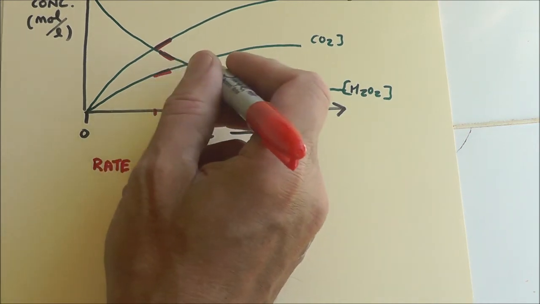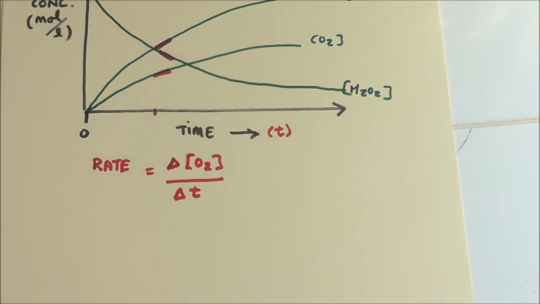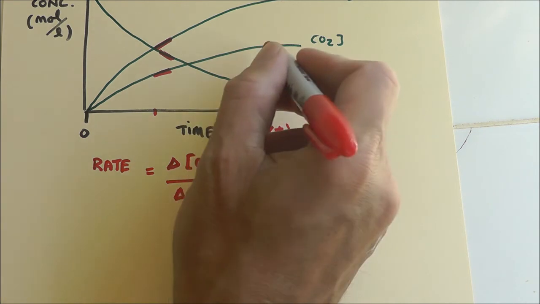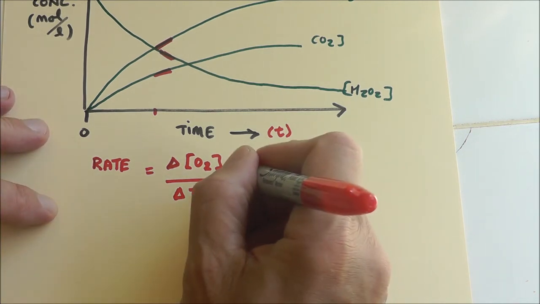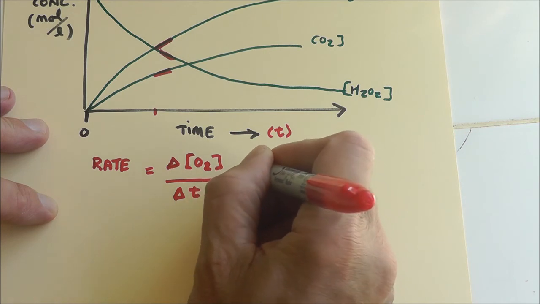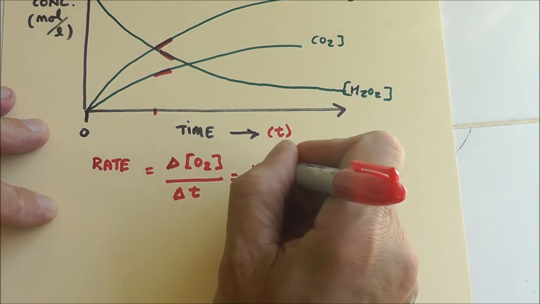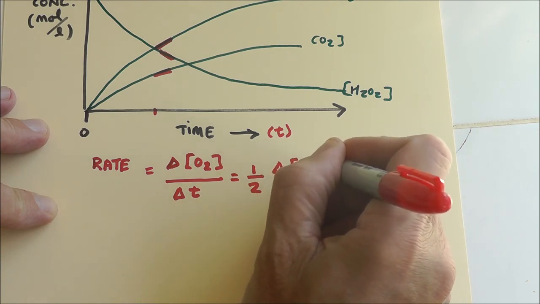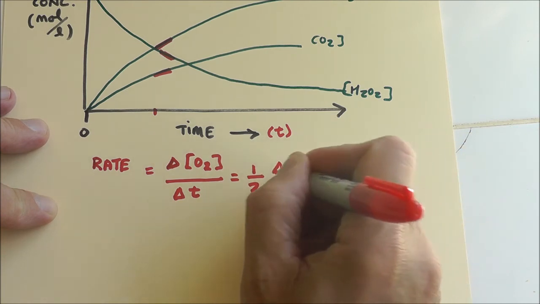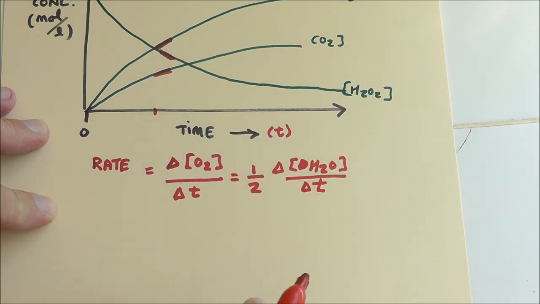If we knew what the slope was, we could say that's 0.1 moles per liter per minute. And then what is it over here? It slows down to 0.05 or something like that. So today we're just talking about the language of kinetics and how we're going to express these things. By the way, this would be 1/2 the change in concentration of H2O over the change in time.